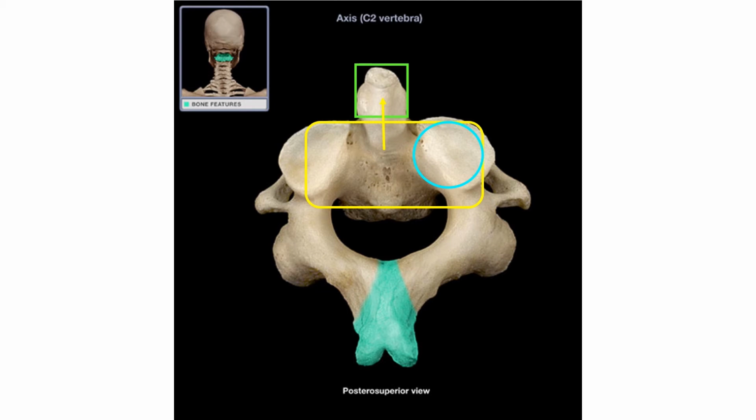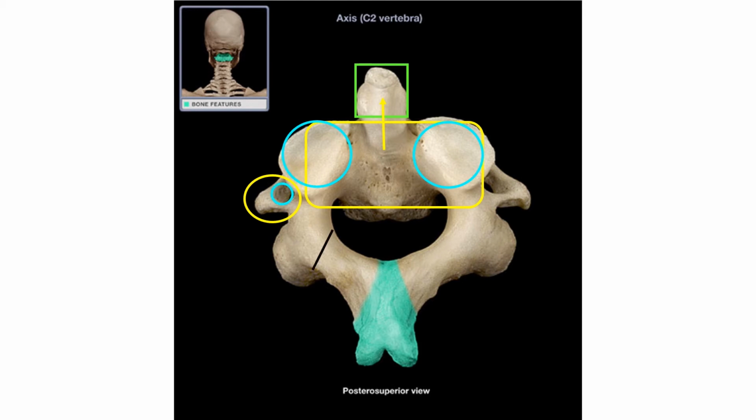A facet is a smooth area for articulation with another bone, and here is the other facet to receive the atlas. And then, of course, this is the hallmark of this vertebra being cervical, and that is its transverse process has a foramen called the transverse foramen, and